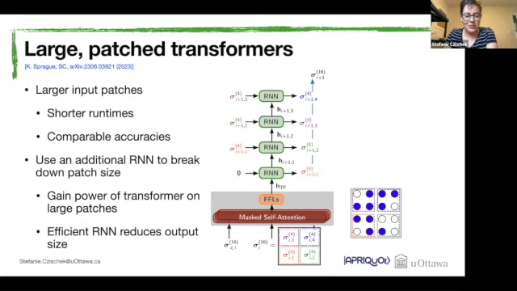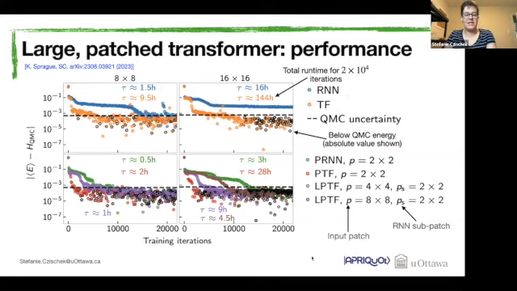We just thought that if we use the transformer at the bottom, we have our extremely powerful model, which can deal with these long-range correlations, which we apply to this large patch of atoms or qubits. And then we have the very efficient RNN, which is still okay for smaller system sizes, which we use when we break down the patches into 2x2 patches. Okay, so this is our large patch transformer model. And now let's see how it performs.